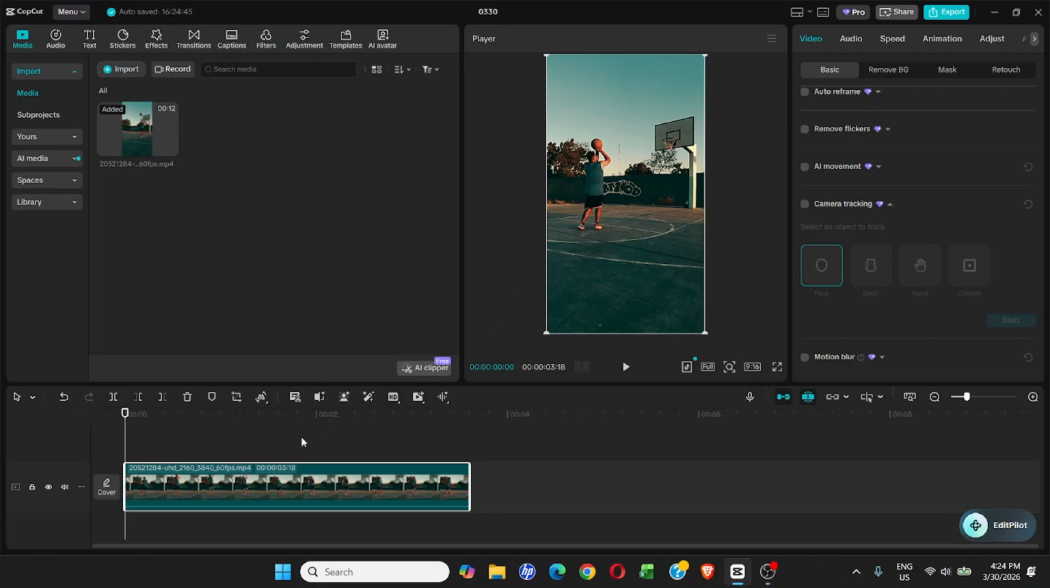For now, motion tracking is a premium feature in CapCut, and if you want to do motion tracking, you can do it with the free version, but you need to do it frame by frame. That means you need to use keyframes. So for that, I'm gonna click on the track, and then